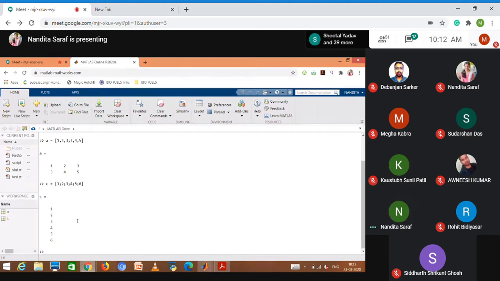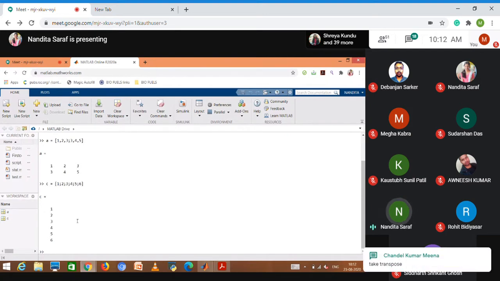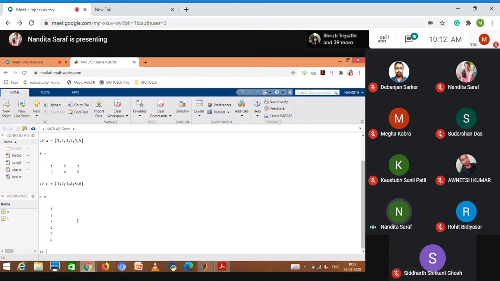Now we'll be learning about different ways of creating an array and a matrix. One thing which I told you yesterday is to create an array like this: 1, 2, 3, 4, 5. Very simple form of creating an array. Another is to use a colon. If you don't specify the step size, it will by default take it as 1. 1, 2, 3, 4, 5, 6: starting from 1, colon, ending at 6, step size of 1.